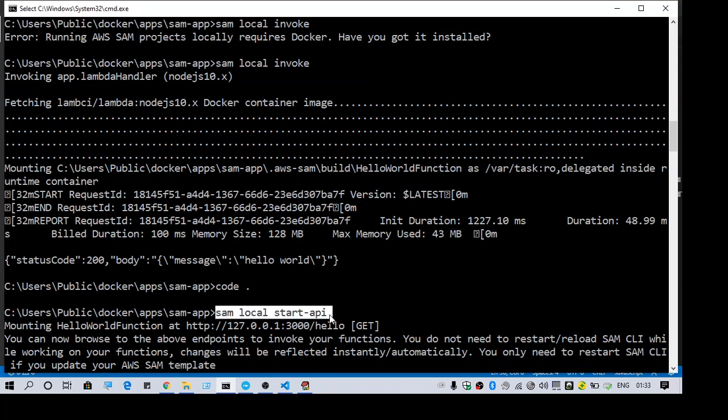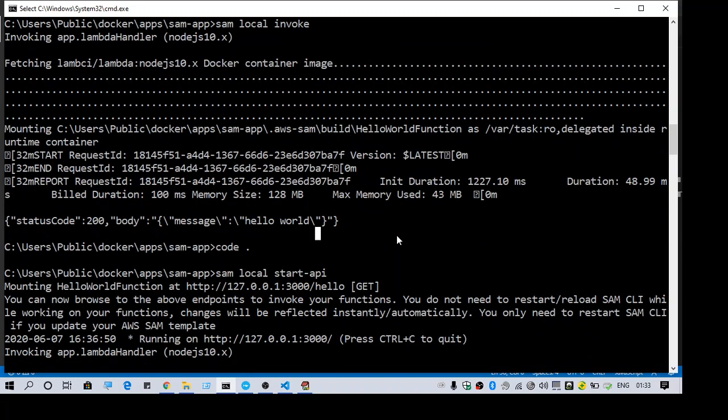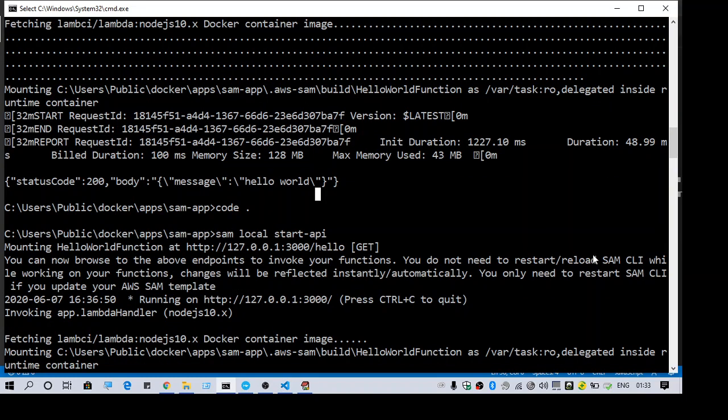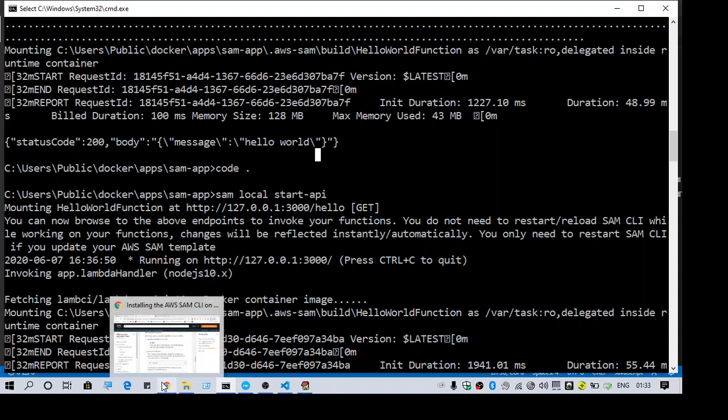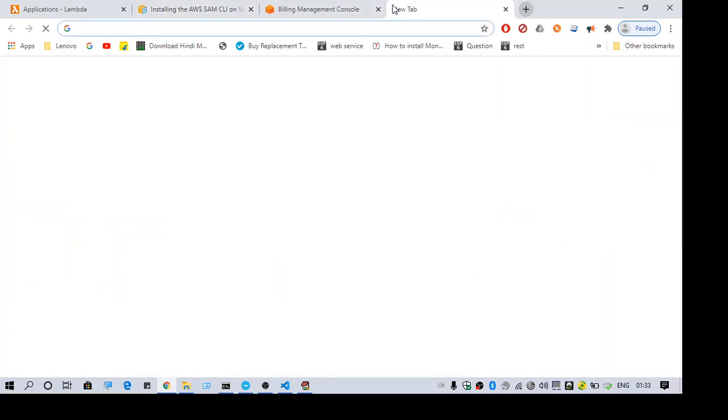See here. So this command actually starts the local API and it mocks the API gateway endpoints. So yeah, and the benefit of this is you can change your SAM, change your Lambda function, and need not restart the API gateway. So whenever you invoke the API gateway from the front end, like here,